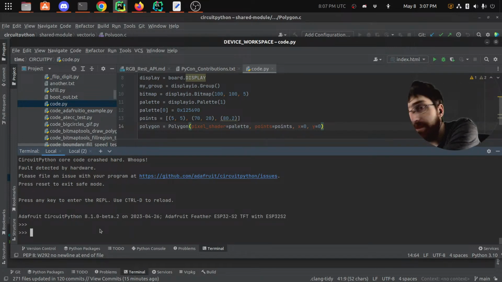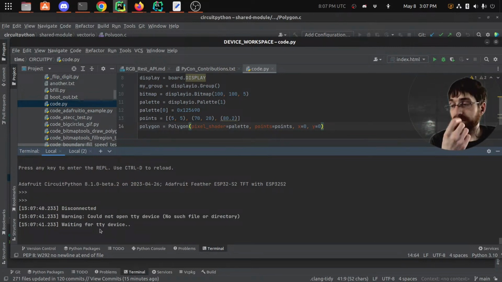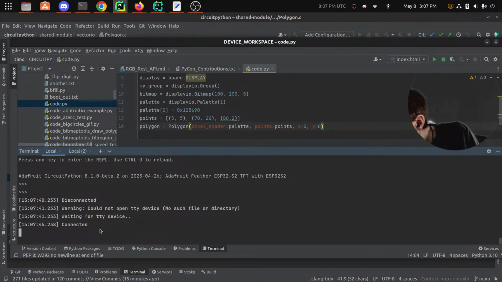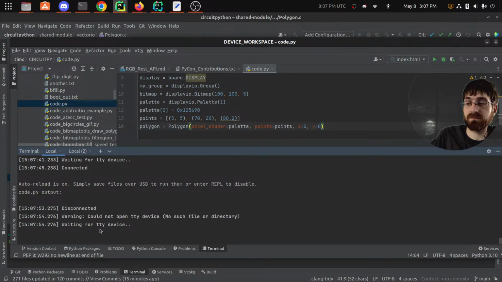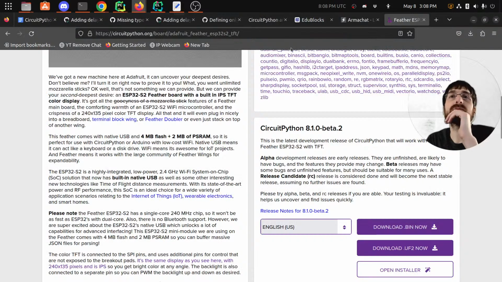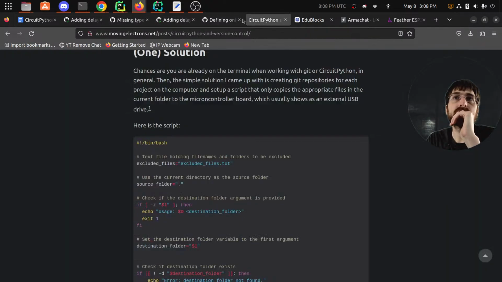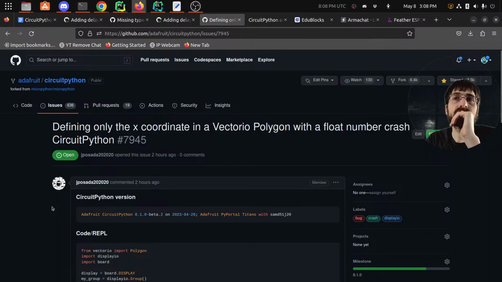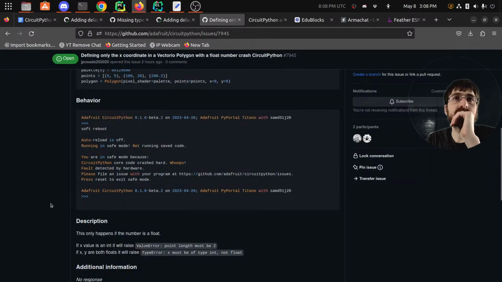We're in safe mode. I actually do get a different issue, but